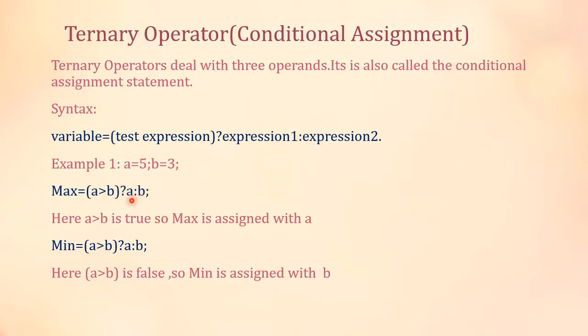What do we have to write here? When a is bigger than b, then we can understand a is the biggest, right? So immediately after the question mark we write a. If this condition is true, then it results in a as the bigger value. So here we write a, then after the colon we write the false part. If a is not bigger than b, then what is bigger? b is bigger, right? So here we write like this. Here max is just a user defined variable.